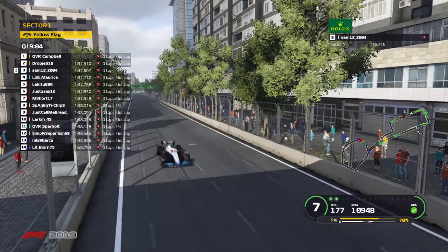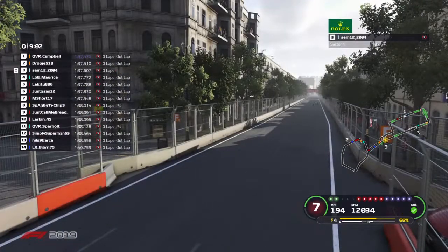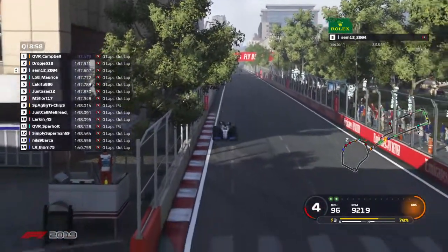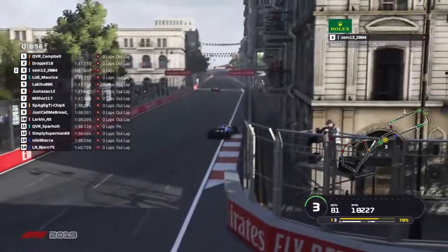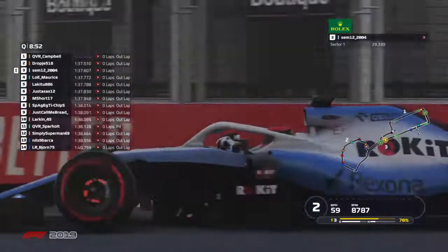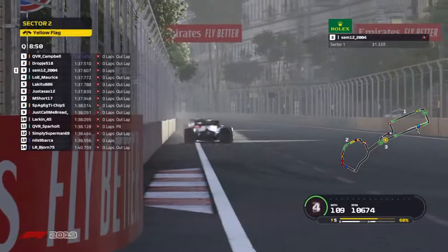I'm not sure what the tyre wear is looking like around here, but it can't be too bad. Now we have Lakitu in third place. He's only 1 point behind QVR Campbell, so we'll keep an eye out on that battle. Larkin on 33 points and Dropye on 25 points, just 1 point ahead of FVA Will G, who won't be